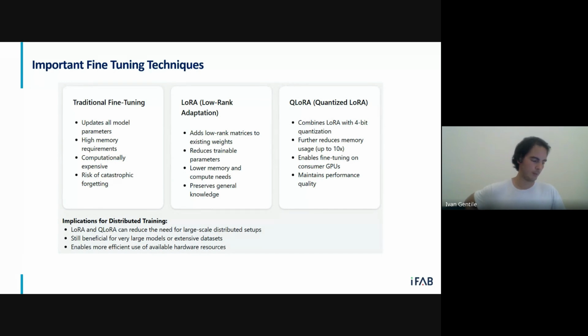Why these methods? What do we do? So to start, what would be traditional fine-tuning? Ideally, you have the model, it has been trained, you have some extra data, you want to train it again. You can do this.